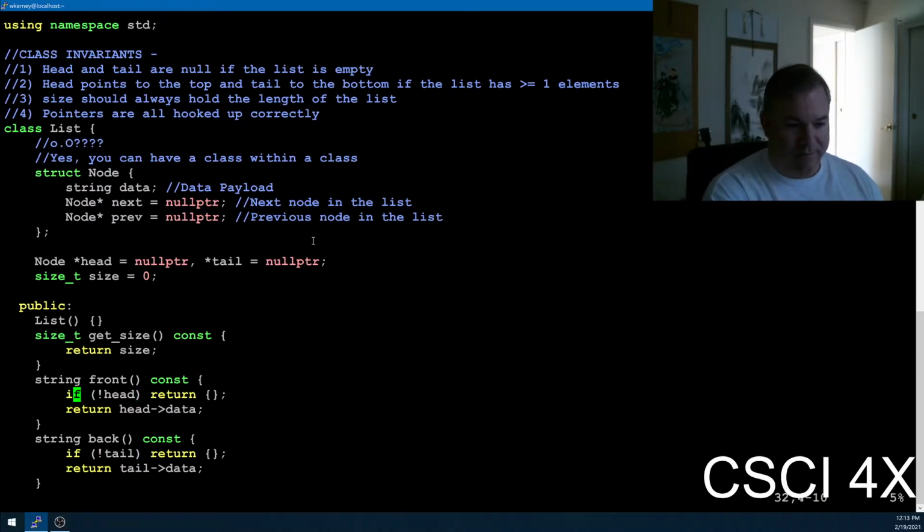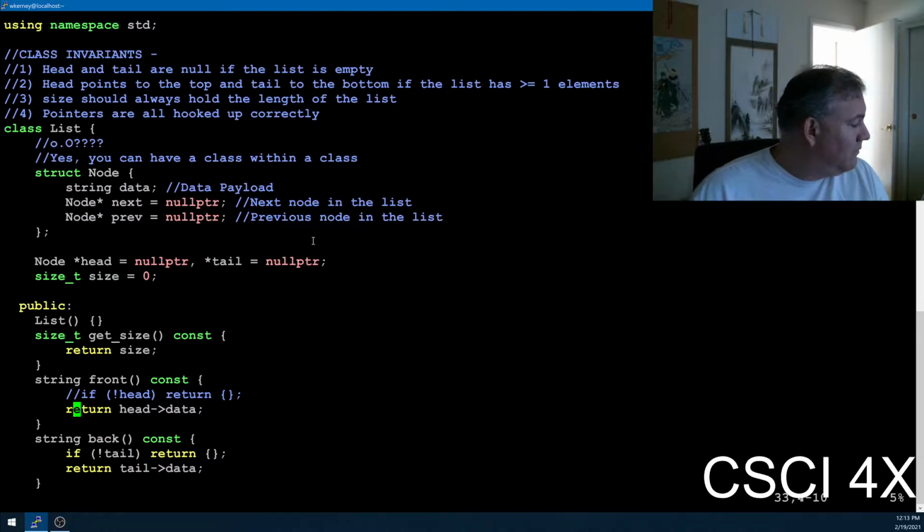It's like if we don't have that null check there, and we try calling front on an empty list, then Ada, then it will segfault. Okay, if you ever dereference a null pointer, if head is null,